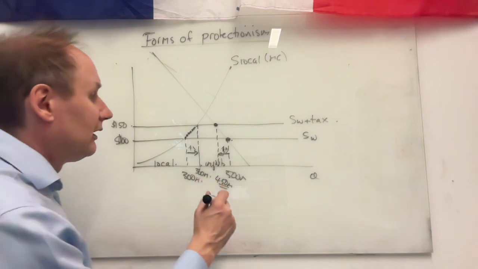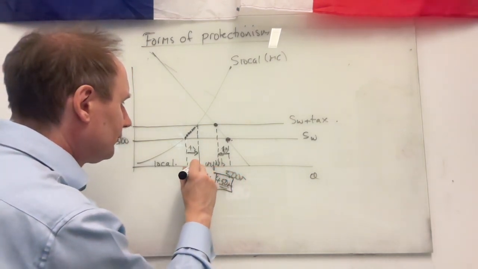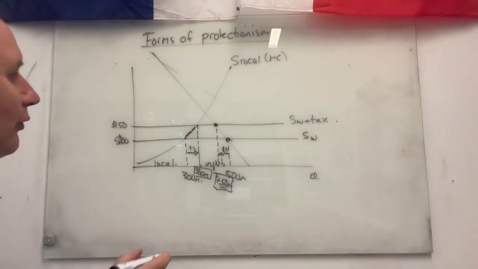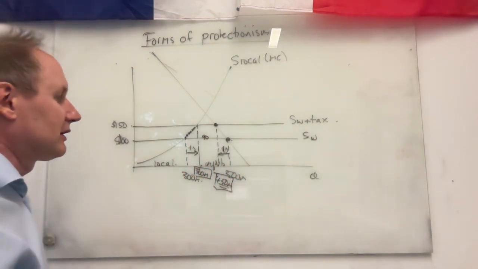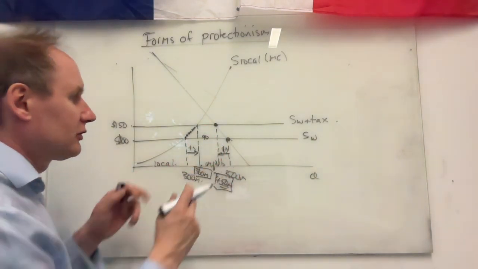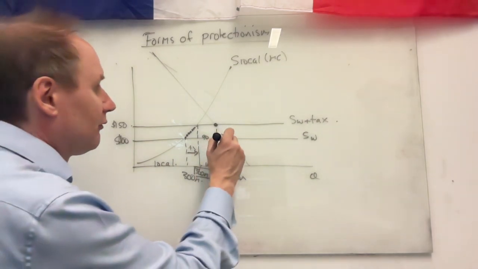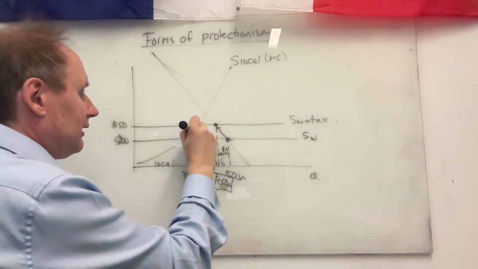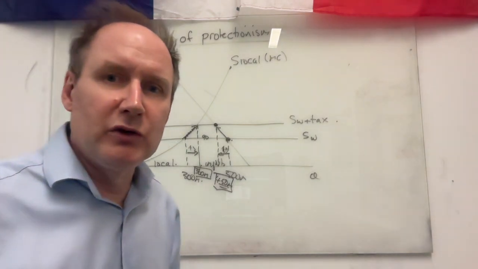And what you can see is that now demand is 450, local supply is 360. Therefore, imports are now only 90, when, as we said before, they used to be 200, the gap between the two. And they've fallen for these two reasons: firstly, a contraction in demand, and secondly, an extension in supply. So what can we show using this diagram?